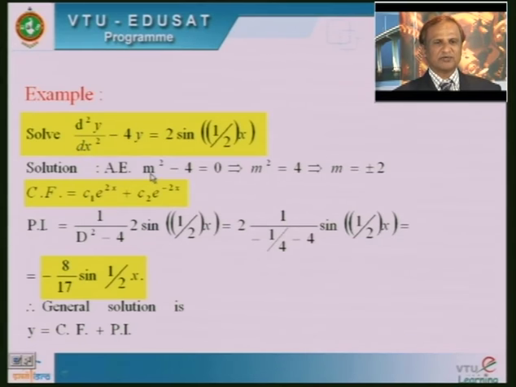So, replace D by m. I hope we will get an auxiliary equation, m square minus 4 is equal to 0, or m square is equal to 4, or we can obtain m is equal to plus or minus 2 as the roots of the equation, right. On the basis of the nature of the roots, we are able to write down a complementary function. Is it clear? So, we cannot write it as a general solution, because it is part of the general solution.